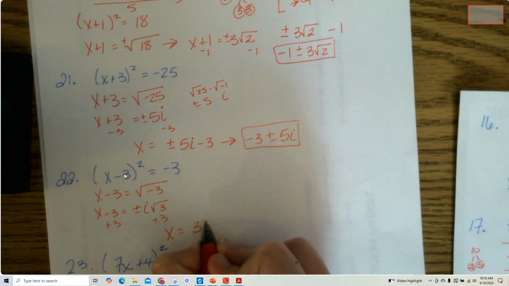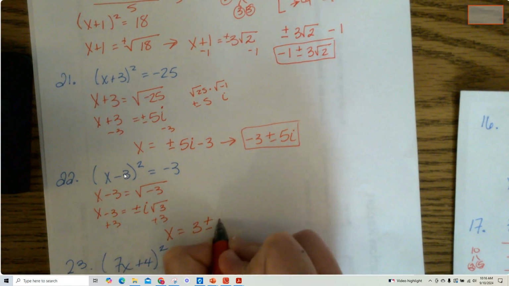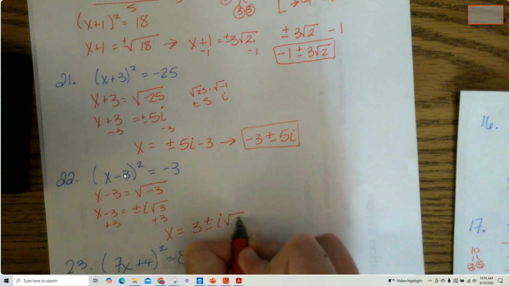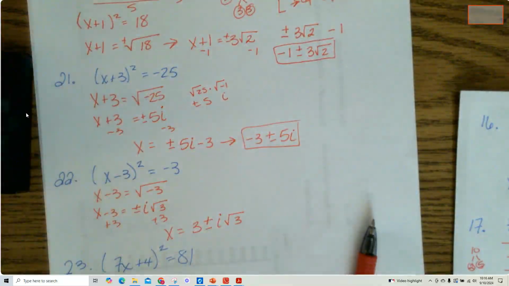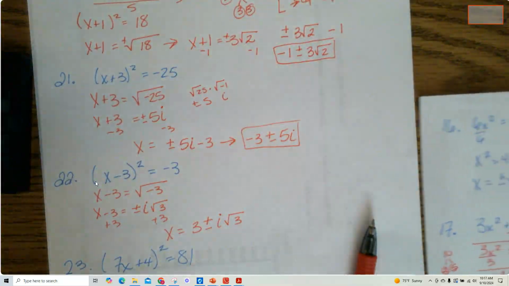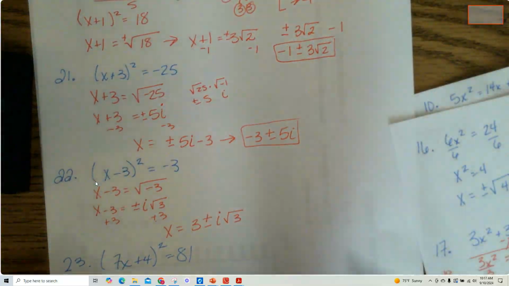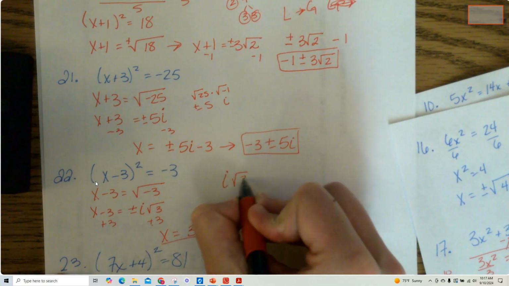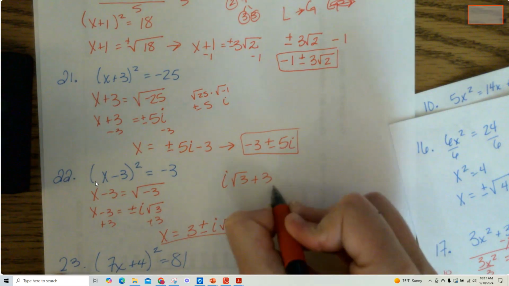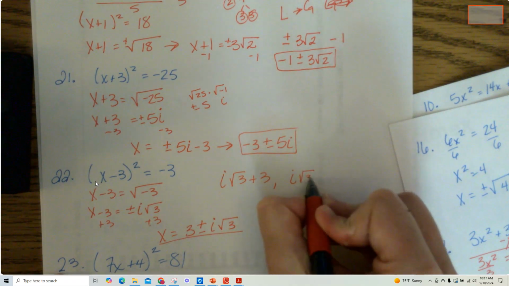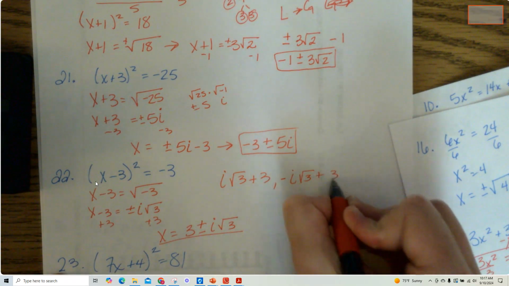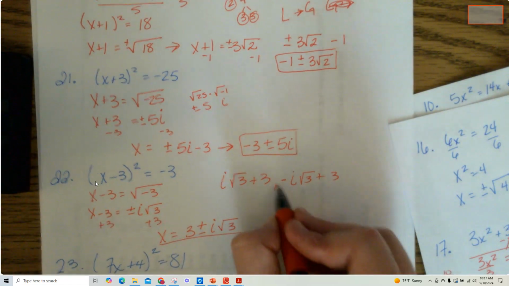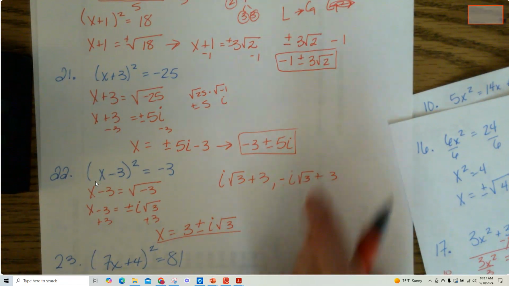So again, I would put that 3 first. But you need to do what your professor requests, because he may want it this way, and then it should be negative plus 3. But again, probably reversed if you're going least to greatest, because this would be the smaller